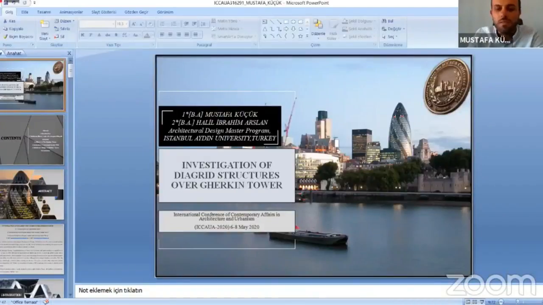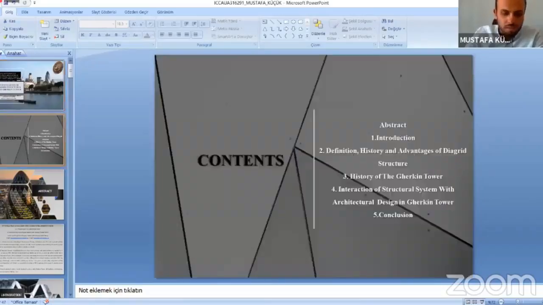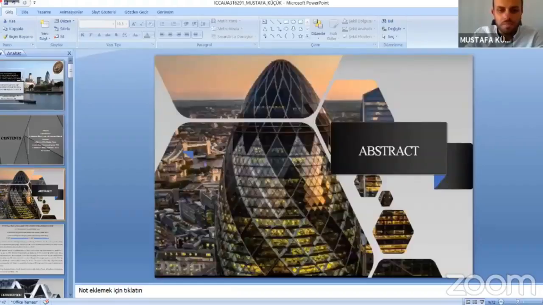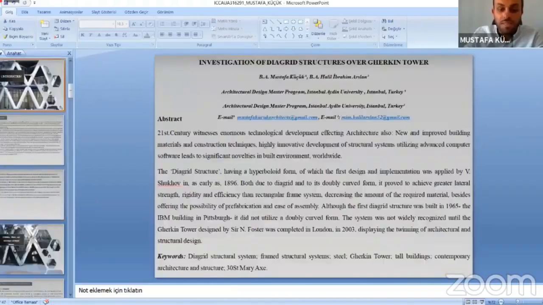First, session chairs and everyone, hello, and I wish everyone success. I am the first author of my article, Mustafa Küçük. We would like to present our article that is supported with field work, an investigation of diagrid structures over Gherkin Tower, the use of the contents. I pass these parts. The use of the